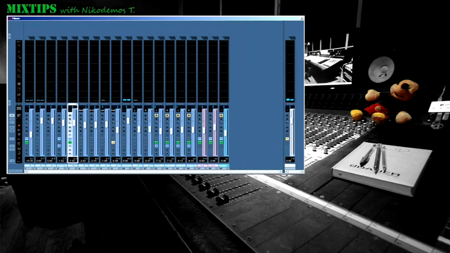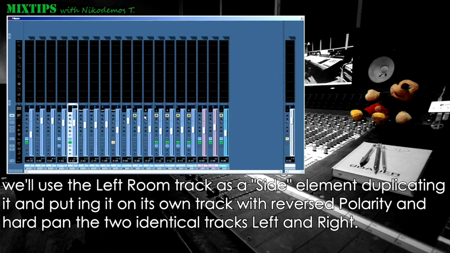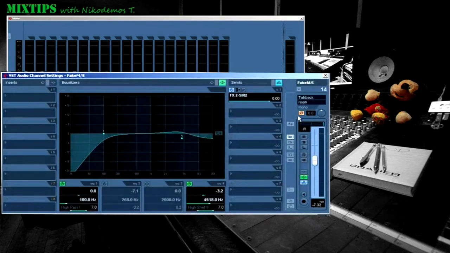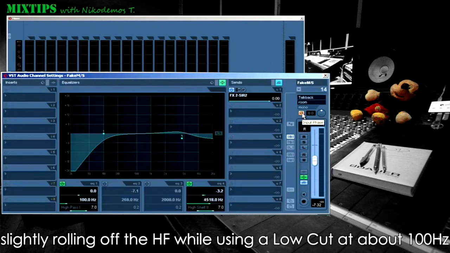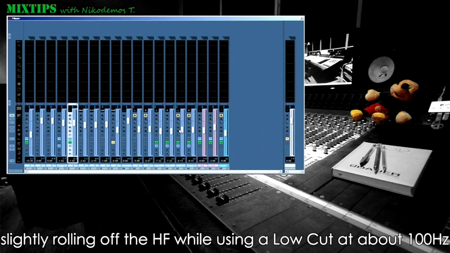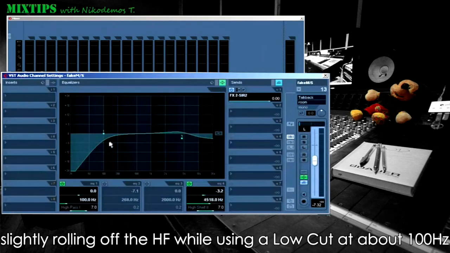So what we're going to do is first of all mute the original room tracks, then take the left track and duplicate it to another track, inverting its polarity. We're going to take advantage of the ribbon mics used as ambience and recreate an almost artificial mid-side setup. So now we have two identical tracks, panned hard left and right, the one with inverse polarity, using the same EQ curve on both, a gentle roll-off on the higher frequencies, and a high-pass filter